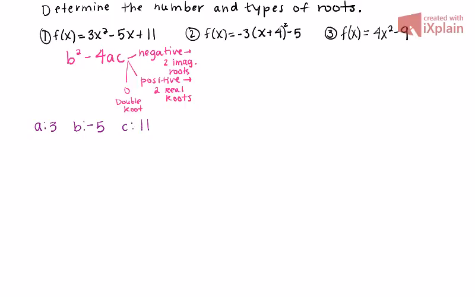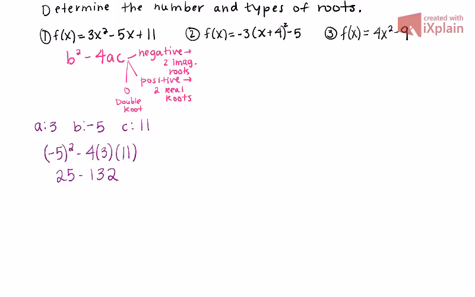So I'm just going to simply substitute in b squared minus 4 times a times c. And as mentioned before, you always want to make sure that you put your b value that you're squaring in parentheses, especially if it's negative. So this would simplify to 25 minus